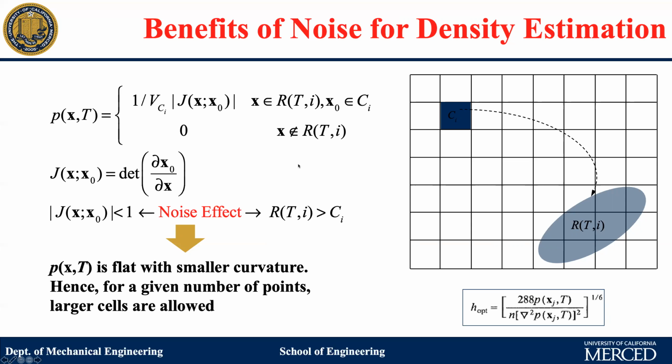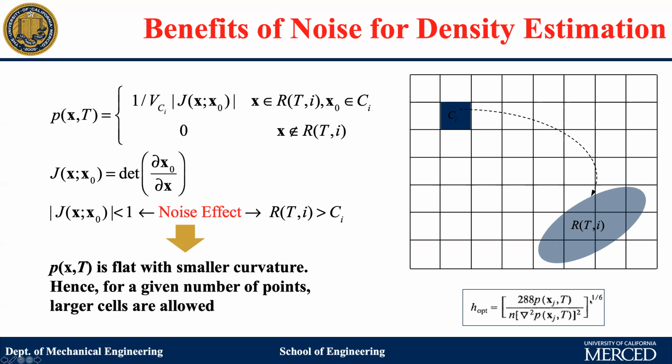It turns out in the theory, there's one quantity that actually will influence the way the density looks. It is this Jacobian. The Jacobian more or less indicates the flatness of this function relationship, right?